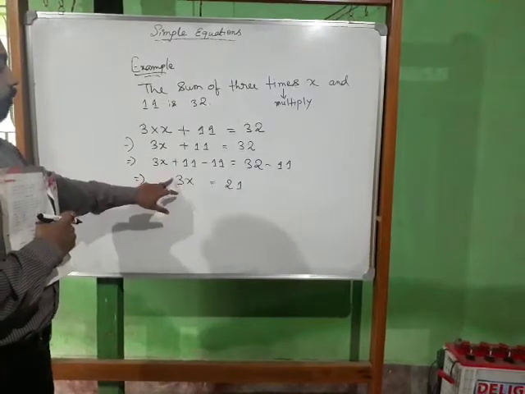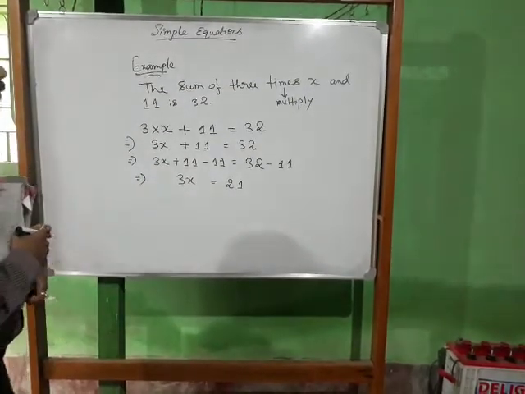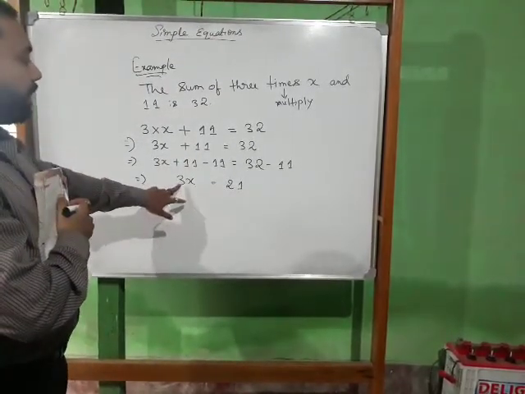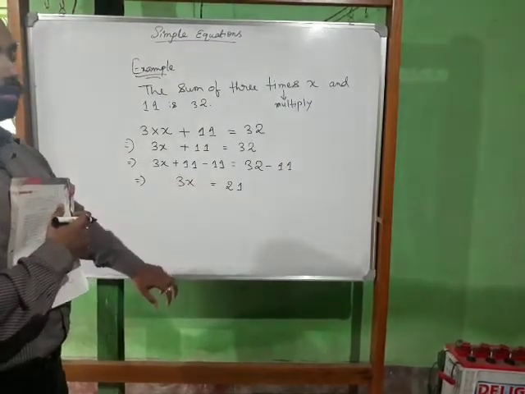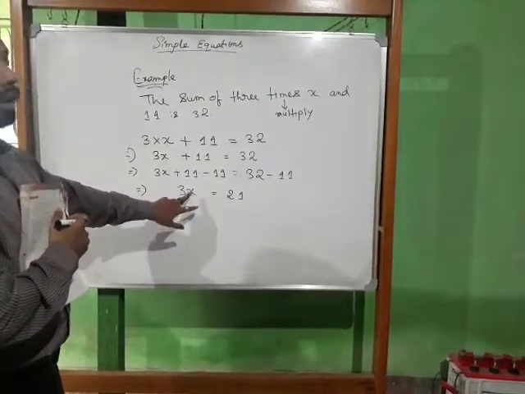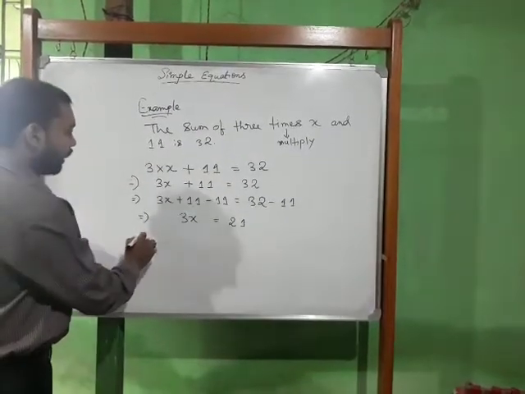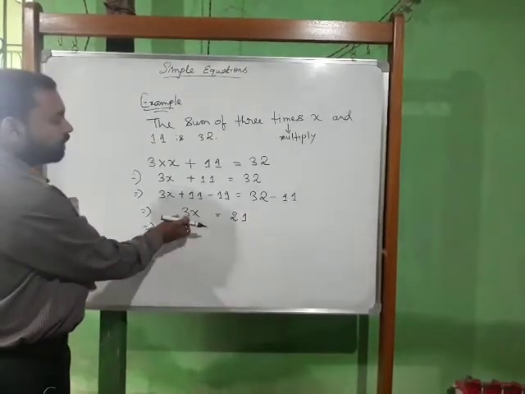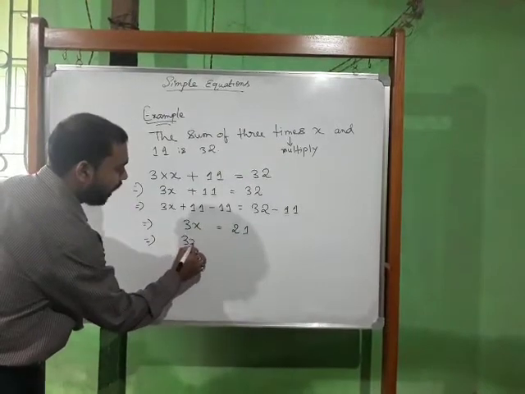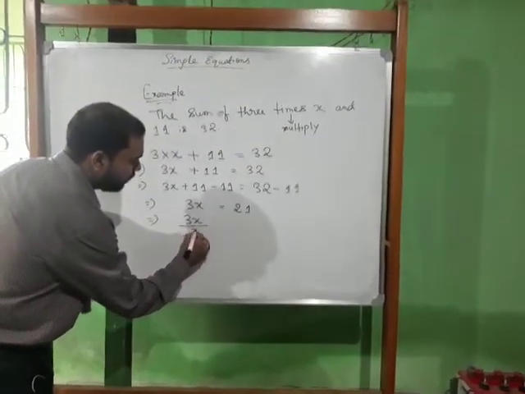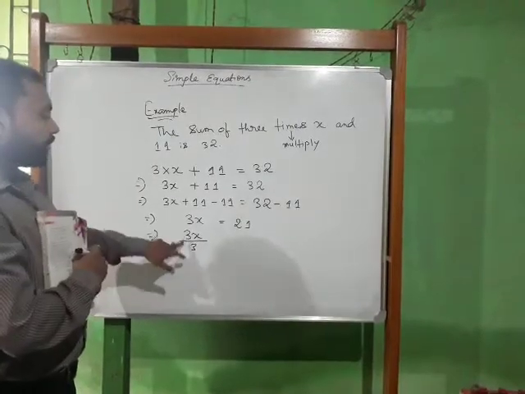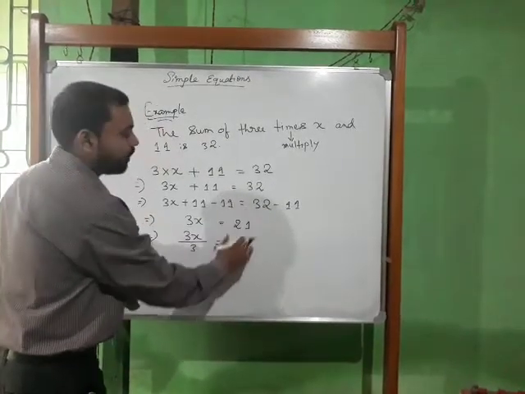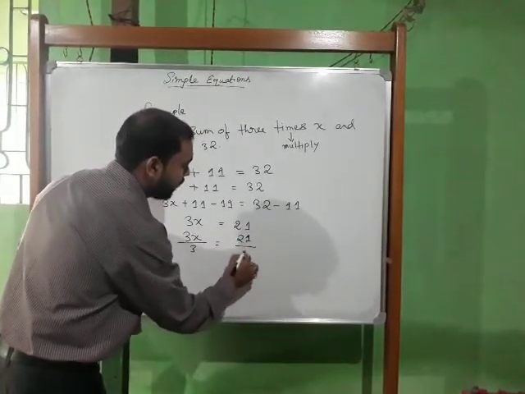So if I want to remove this 3, what should I do? If I make it 1 here, because we cannot make it 0. If I make it 0, then we will not find the value of x. So we can't make it 0, rather we can make it 1. If I want to make it 1 instead of 3, what should I do? I have to divide it, since 3 is multiplied with x. So give the division sign and write like this, because 3 can be divided. Since I have divided here, in the same way, to make the equation balanced, we have to divide on the right hand side also.